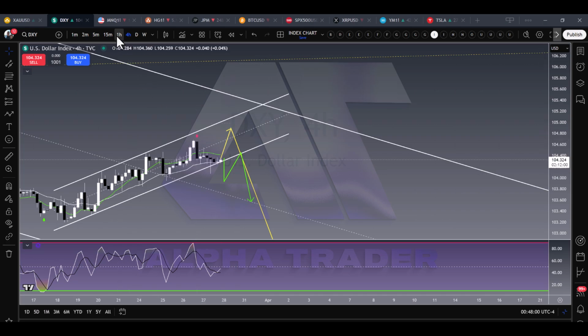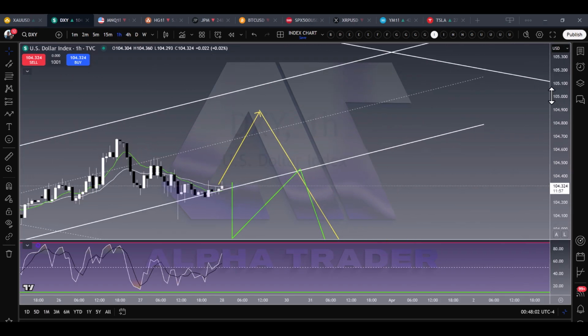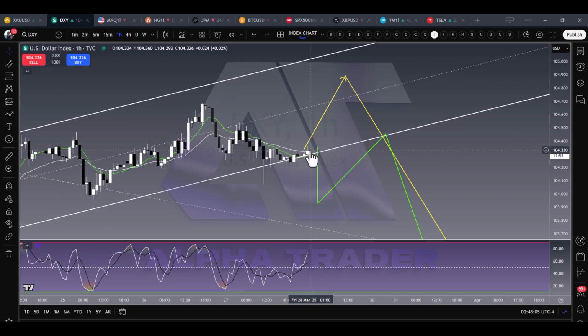Again, what we're going to be looking for down on the smaller time frames is higher highs and higher lows. If we begin to get that, then we're going to engage in the reversal of dollar to the upside. So what does that mean? Well, that means that we're going to be heading up probably to the neighborhood of 104.88, somewhere in there, unless we break to the downside. We know what we do if we break to the downside. We break, we pull back, and then we engage the trade to the downside.